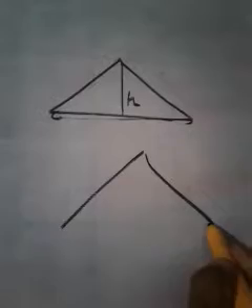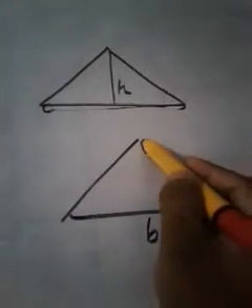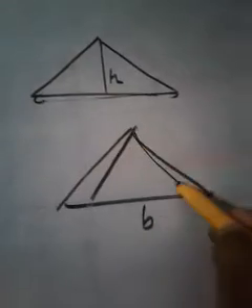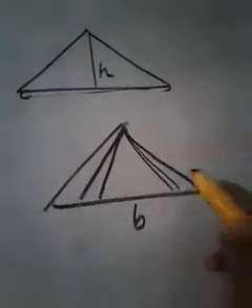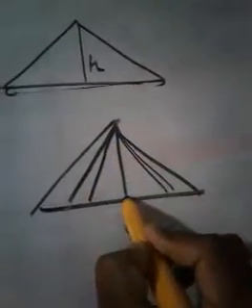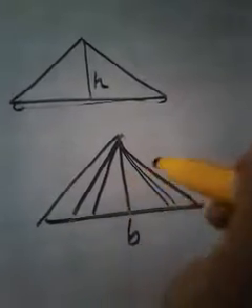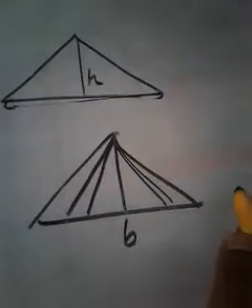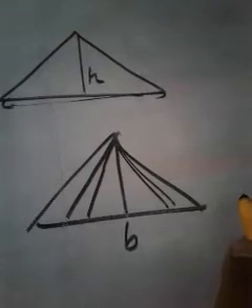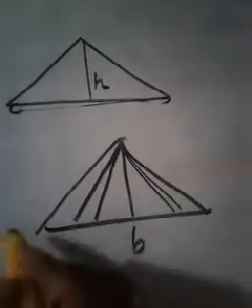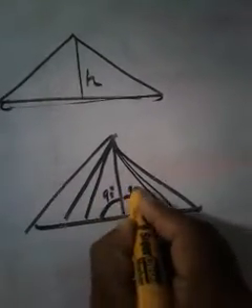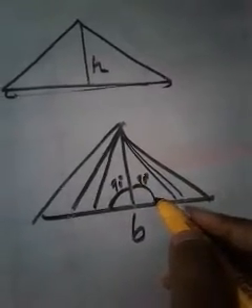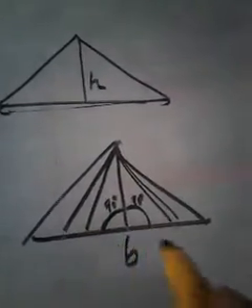And consider the same triangle again. This is the base now. Can I draw a height like this? Then how can you draw a height? The height should be in this way. Why? Because the height should be straight to the base. In other words, I can say that the height should be perpendicular to the base. That means after drawing the height to the base, if you are measuring this angle and this angle, that should be 90 degrees. That is the meaning of perpendicular. Are you following me? The height should be perpendicular to the base. Now you may understand the things, isn't it?